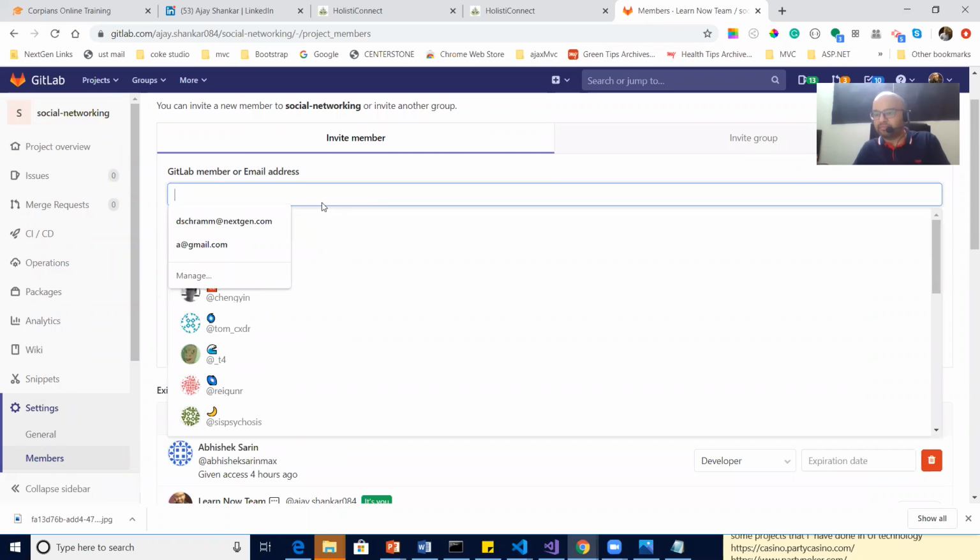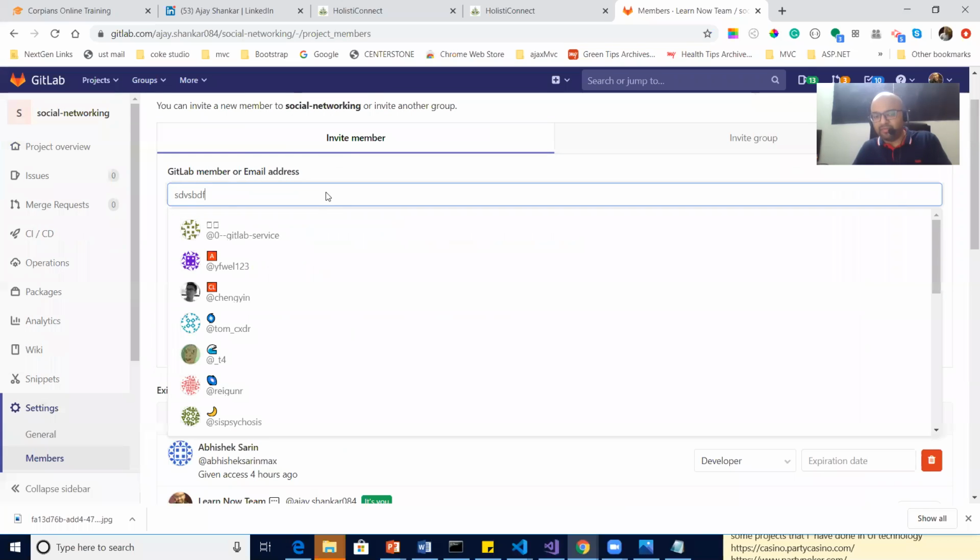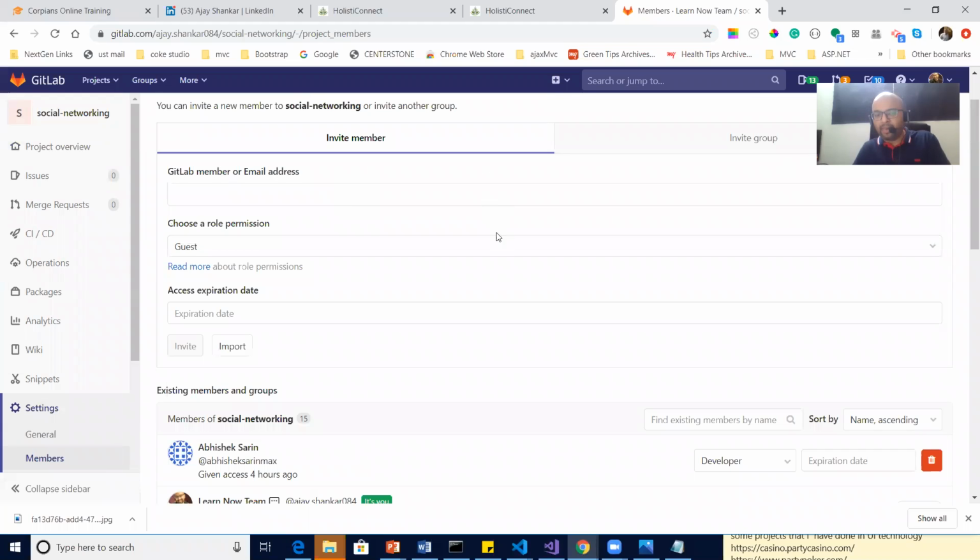The user will go into the GitLab member or email address, type the username in the text box, and invite. So that is one workflow of adding members.